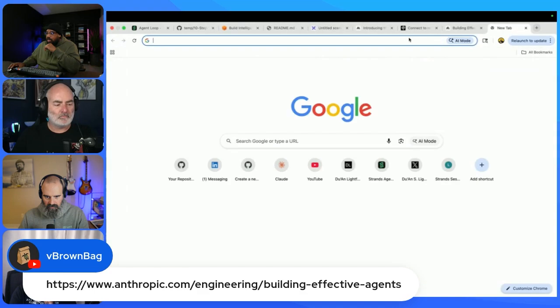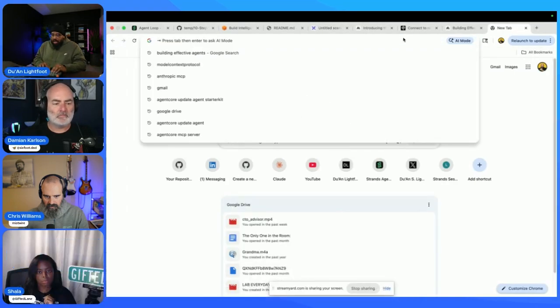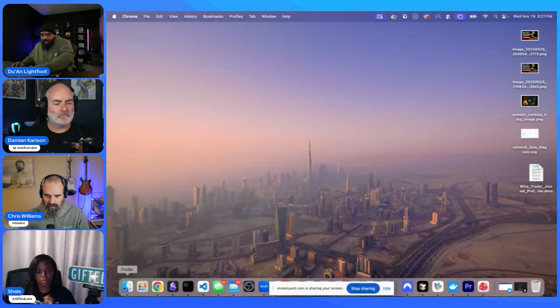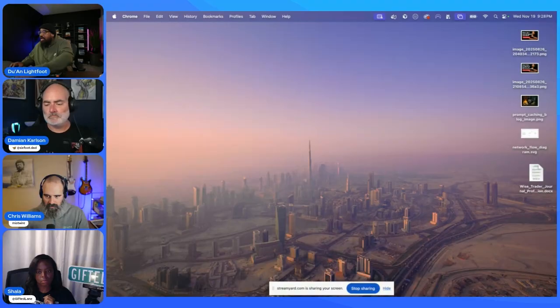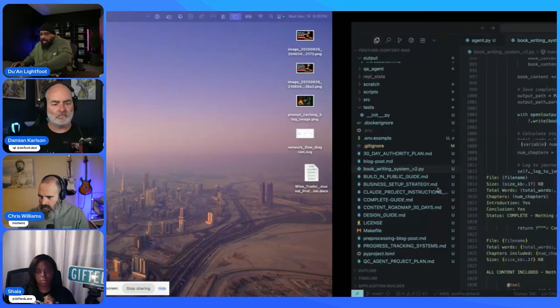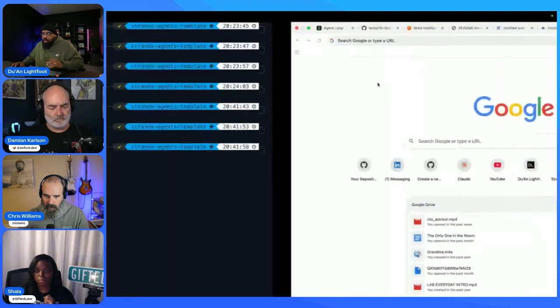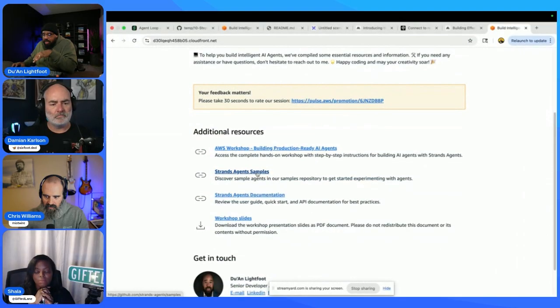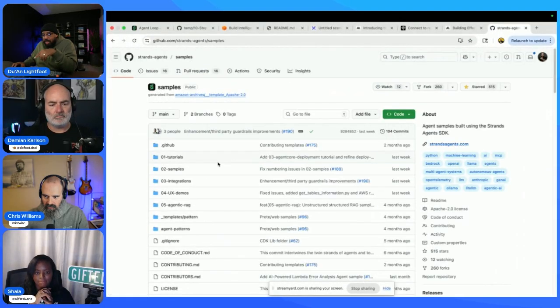And then when it comes to deploying, where's the repo? Do I still have it up? I think I put it in the chat. Here it is. If you go to this site, I have a bunch of resources in here, including Strands agent samples.